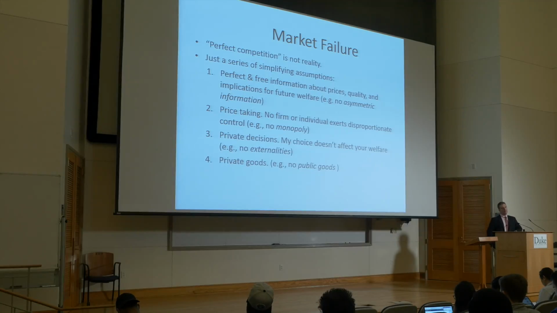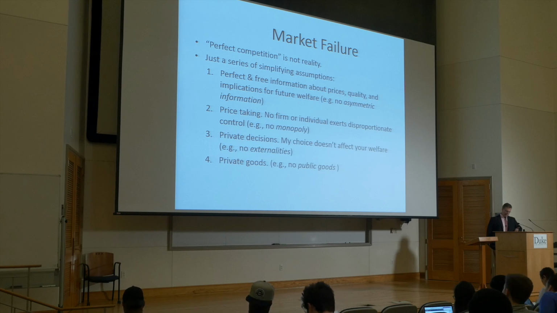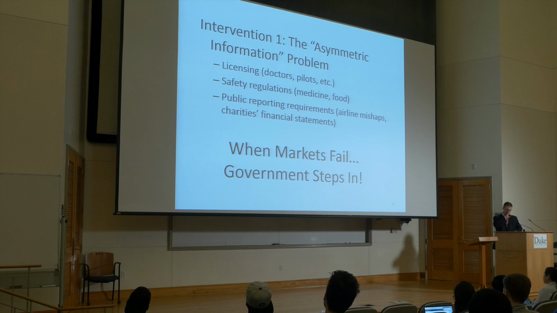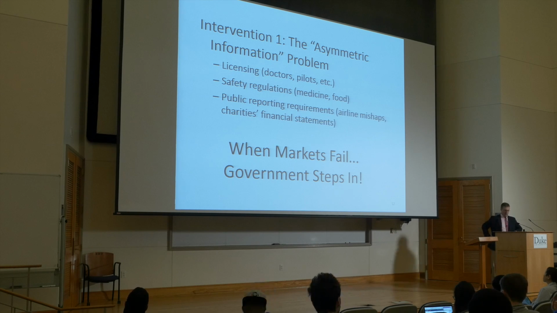So, the perfect competition model that economists sometimes use to justify markets is rather fanciful, as we have discussed before. It's really just a series of simplifying assumptions. Perfect and free information, price taking, private decisions, and private goods. Well,